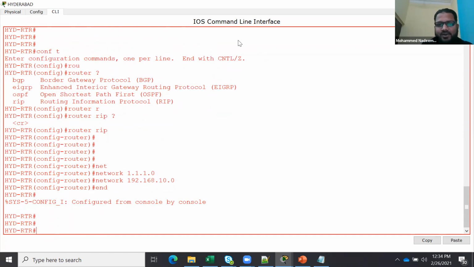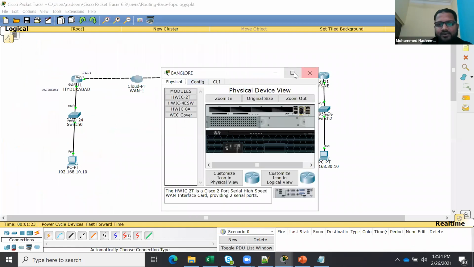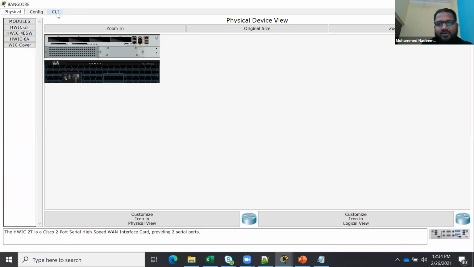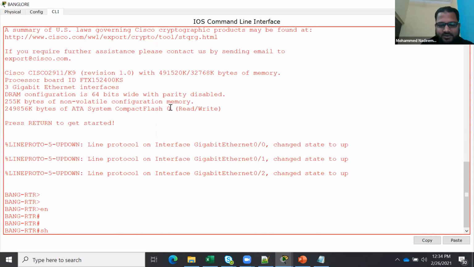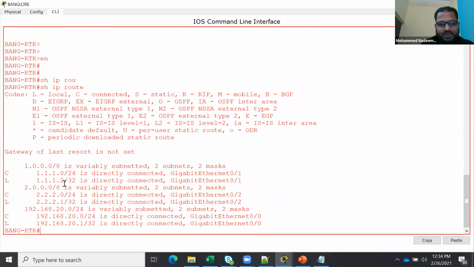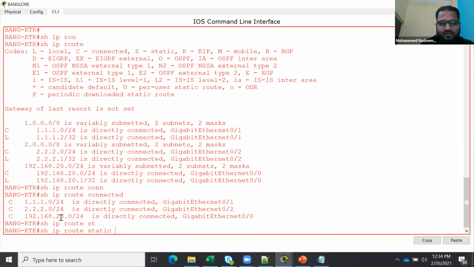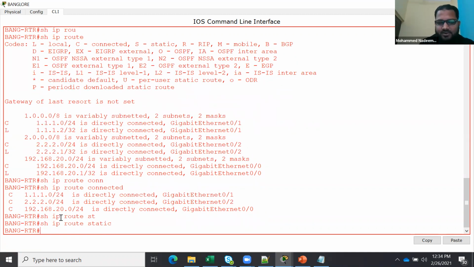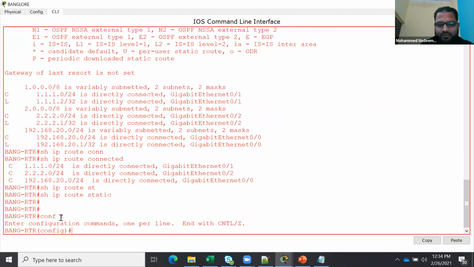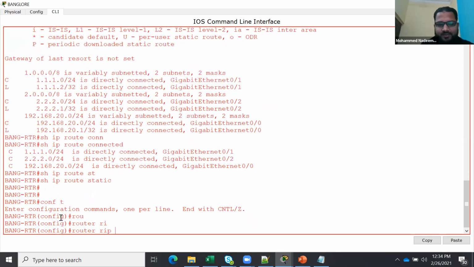Similarly, I need to go to the Bangalore router. Show IP route. There is nothing but directly connected networks. If I filter on connected, I have three networks only. I don't see any static connectivity here. So go to config terminal, router RIP.